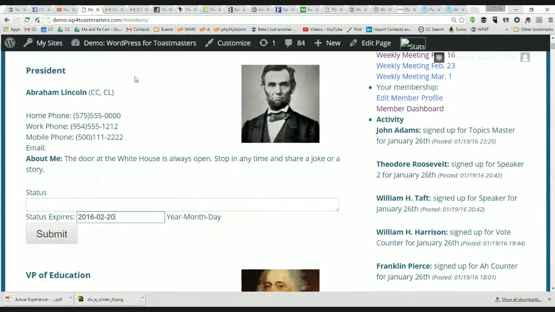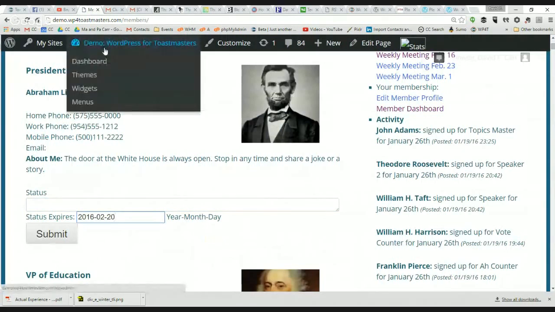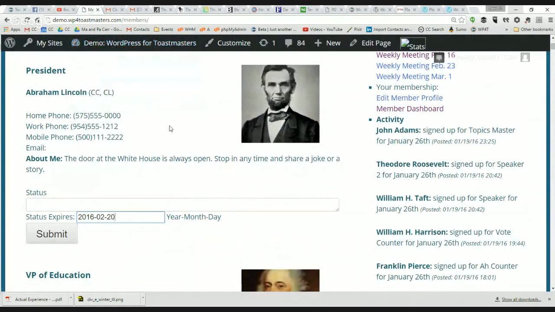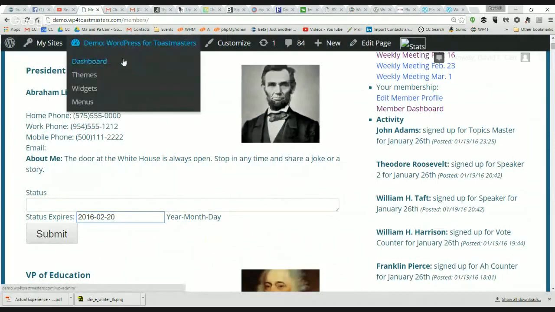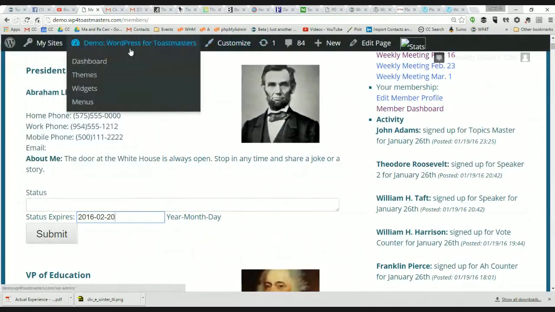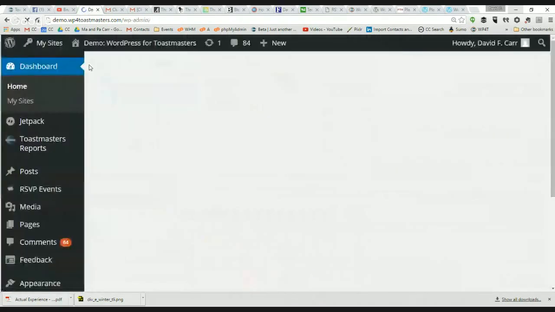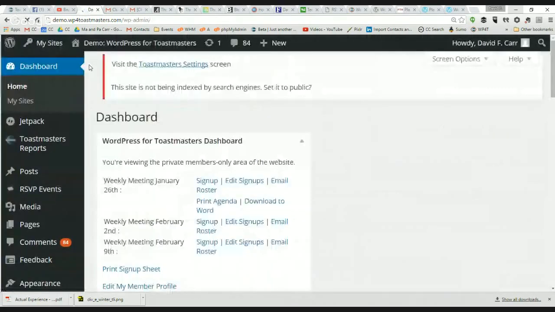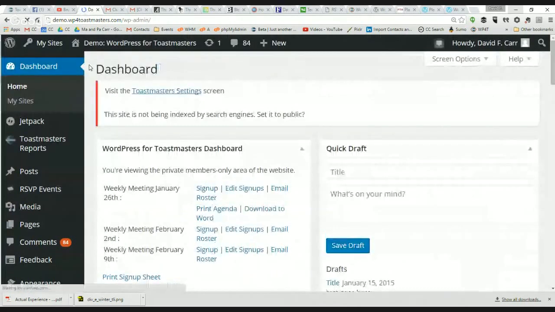One thing I meant to explain along the way is when you're logged in, there's a distinction between the public website that you're viewing. And when you're logged in, you'll see this menu across the top of different options that you only see when you're logged in. And then there's the dashboard. I describe the dashboard as kind of the behind the scenes portion. This is where we administer things related to the site.